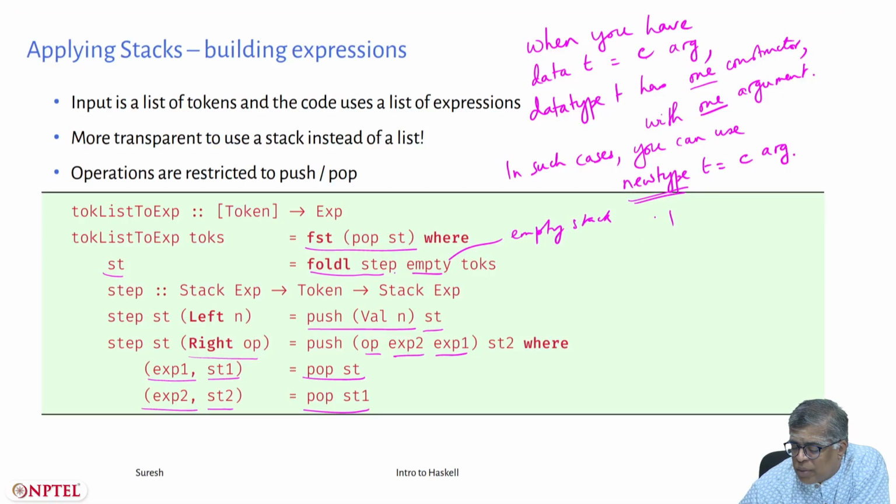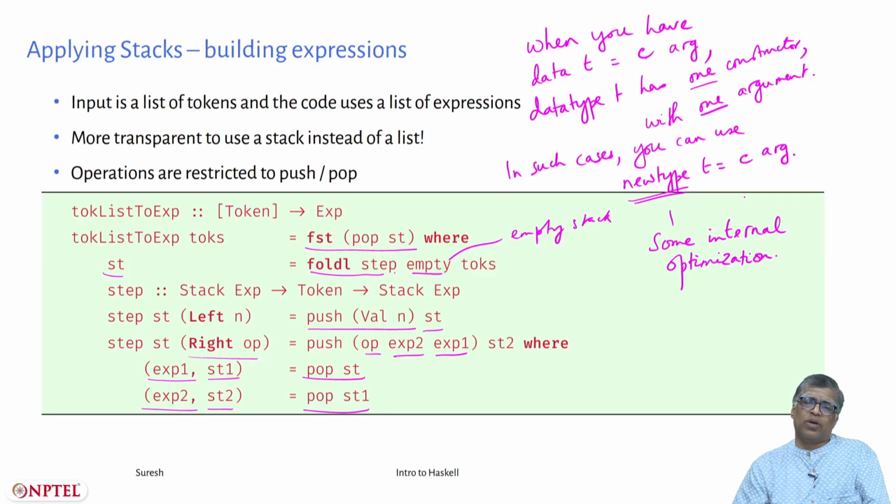Okay, this is some internal optimization which we don't care about now. I mean, we care about it, which is why we are using it, but we cannot explain it now, it doesn't matter. Haskell treats newtype better, but it's only restricted to these cases where you have a single constructor which has a single argument. That argument could be a pair, or tuple or whatever, right? Haskell allows all that. It shouldn't be multiple arguments. Okay, so that's newtype.